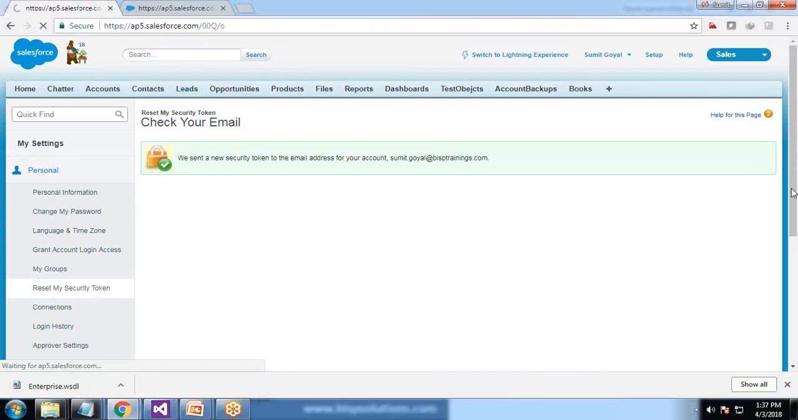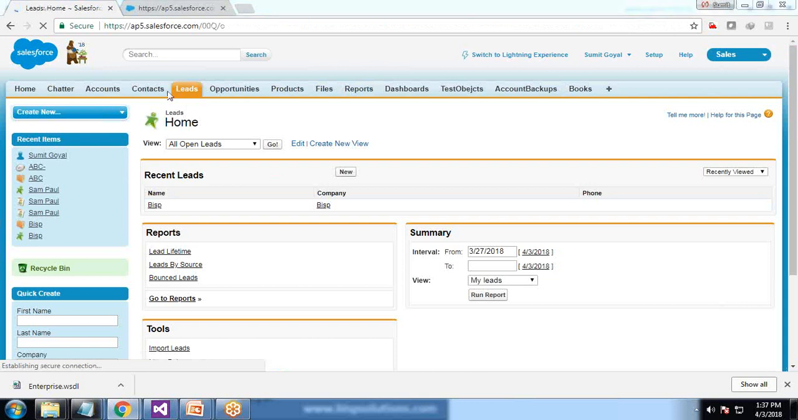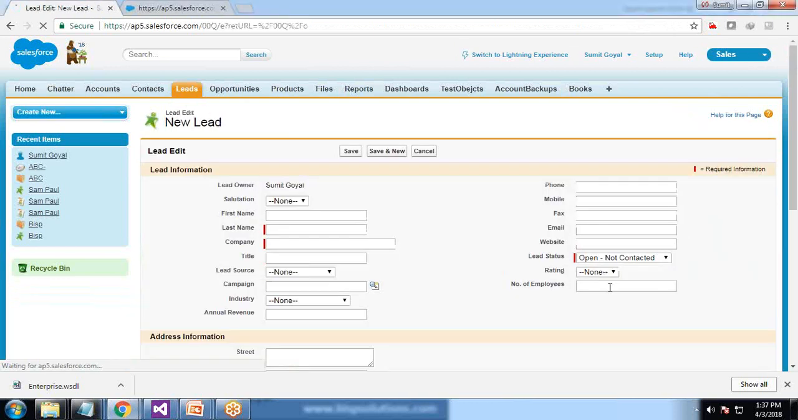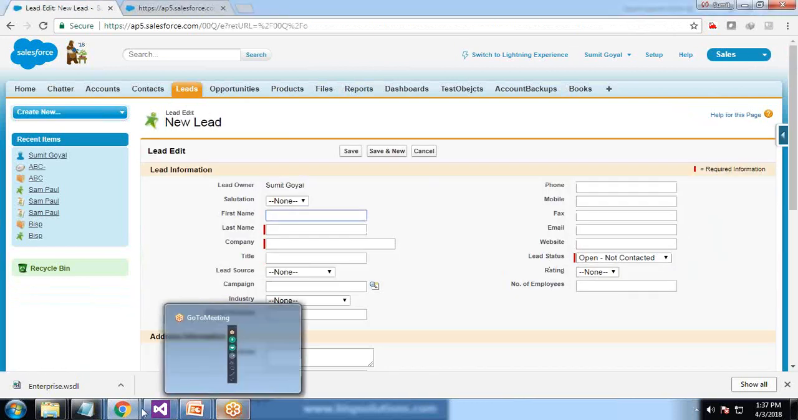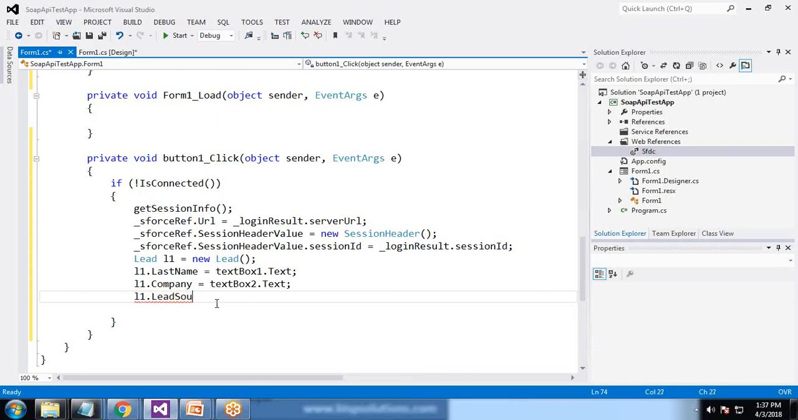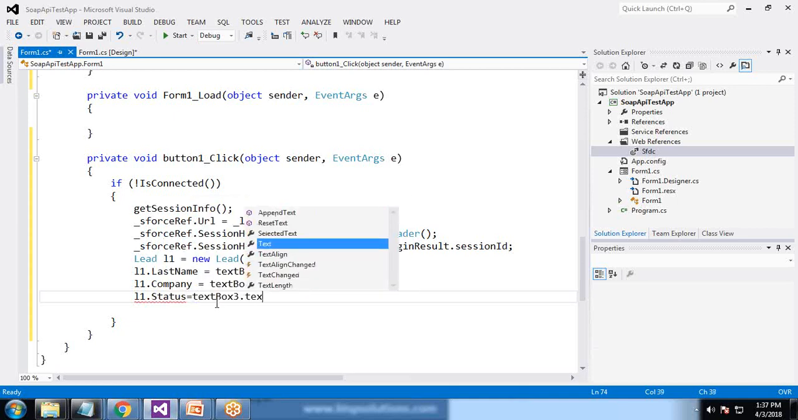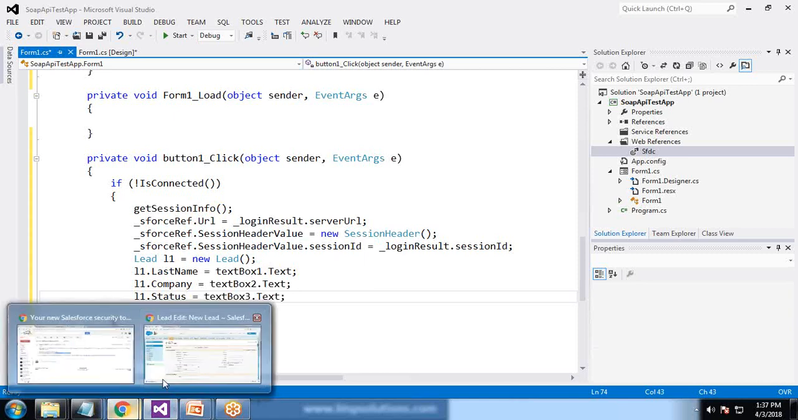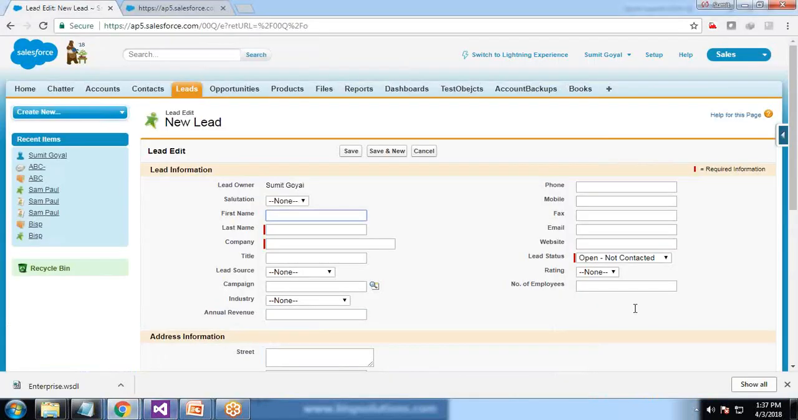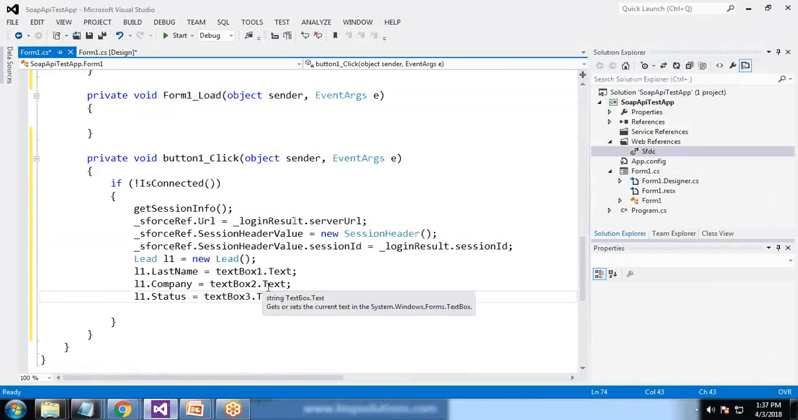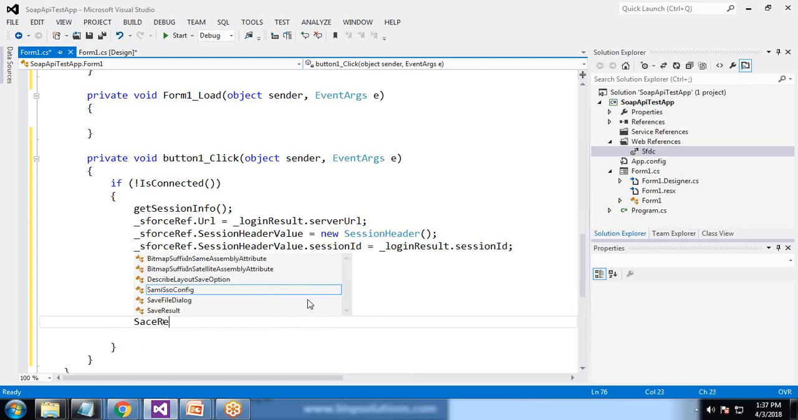Let me check the lead status, or what's the instance for that variable name. So it's a lead status, and for lead status it should be L1 dot status is equal to text box 3 dot text. Now here I am using it as a text box because it's a drop down menu. You can also create a drop down or a combo box over here. So I'm using it as a text box, and I write save